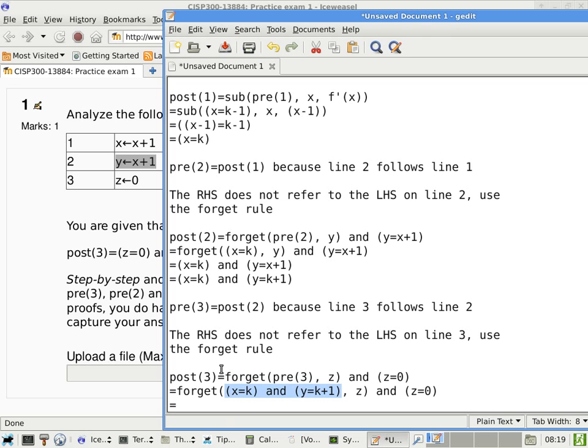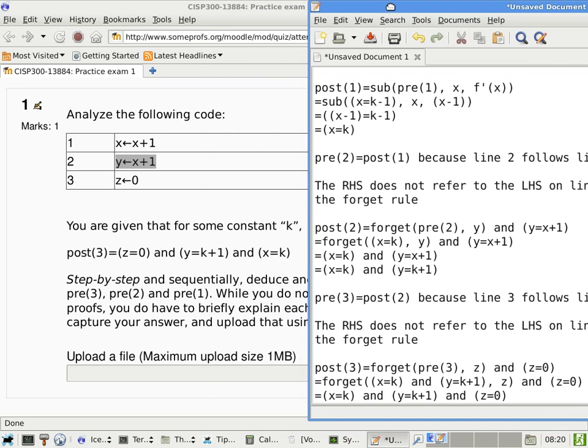Within this conjunction, is there any mentioning of the variable z? No, none whatsoever. So the result of the forget operation is the same as the item before the forget operation because there's really nothing to forget. There's nothing mentioning z in that condition. So that's the answer. Technically speaking, you have to reorder the items inside the conjunction